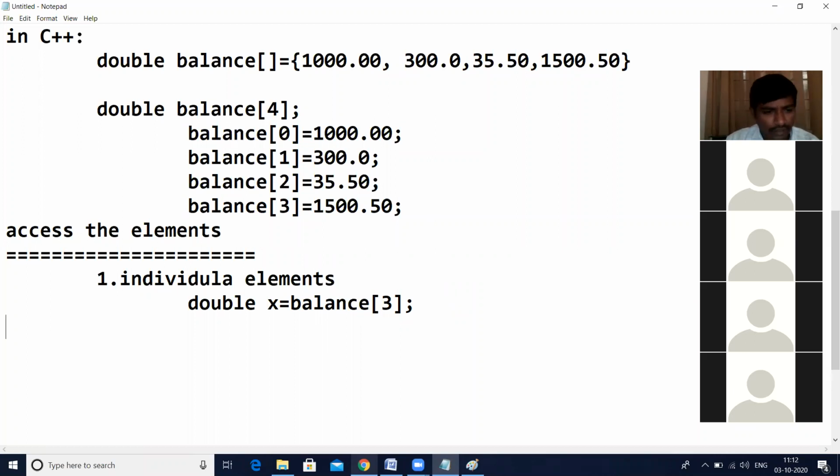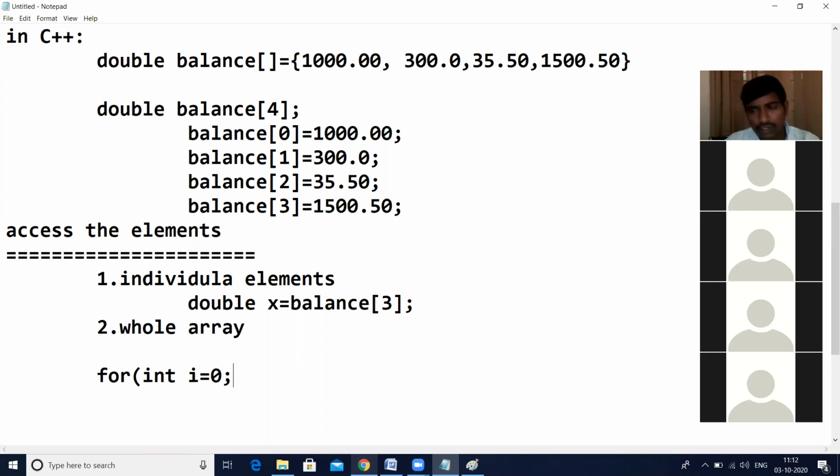If you want to access the complete array at a time, the whole array, we can use a for loop. For, we can take int i is equal to 0. This i is used to iterate the indices from 0 to 3.